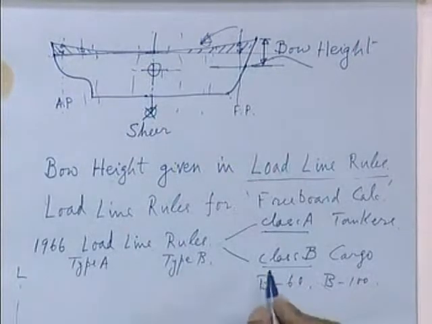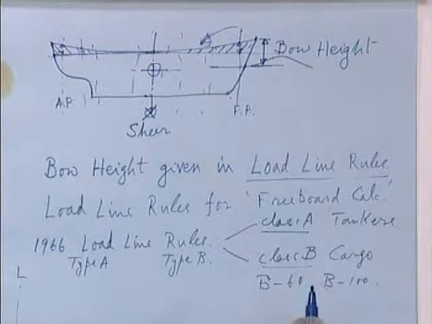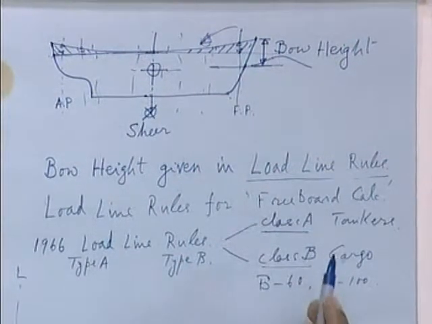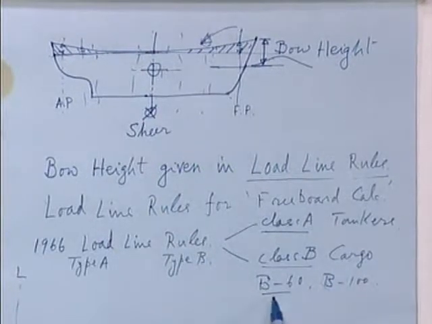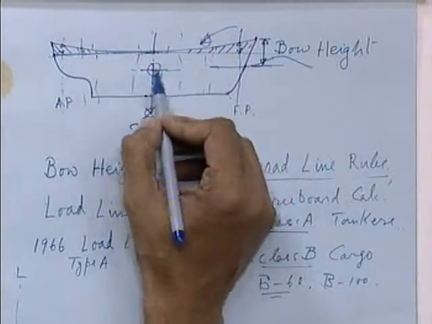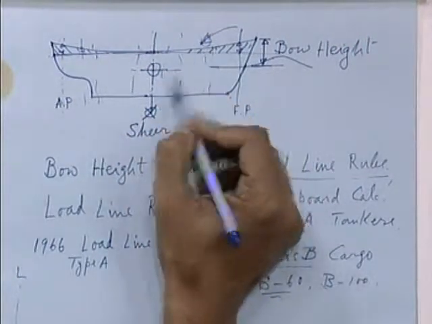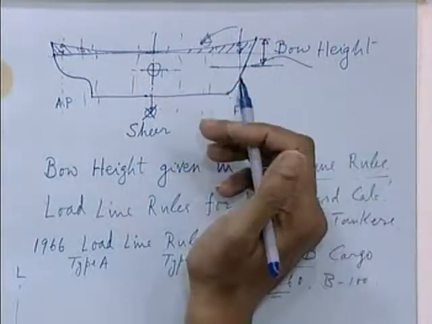Similarly, if you comply with 60% with lesser amount of the requirement of tanker freeboard, then you may be given B60 freeboard. Why? The reason is the owner of the ship will always want the ship to sail at a deeper draft. He wants to carry more cargo in order to increase his earnings. So, if you tell him that I will give you a large amount of freeboard for safety reasons, he will